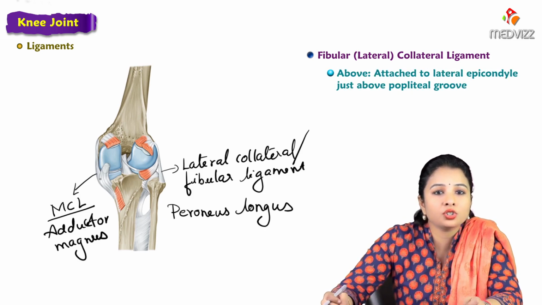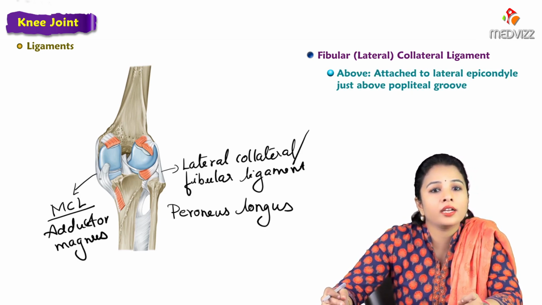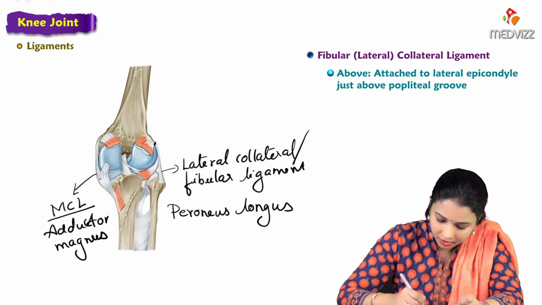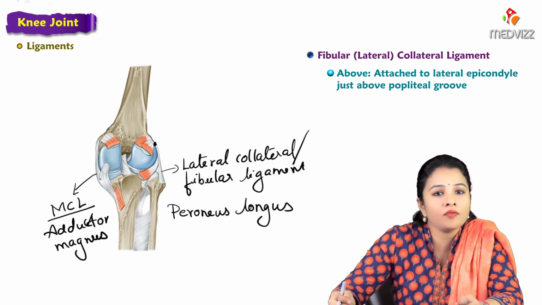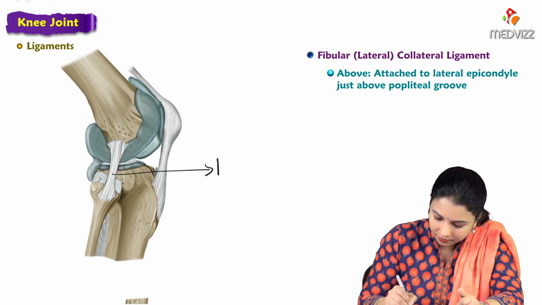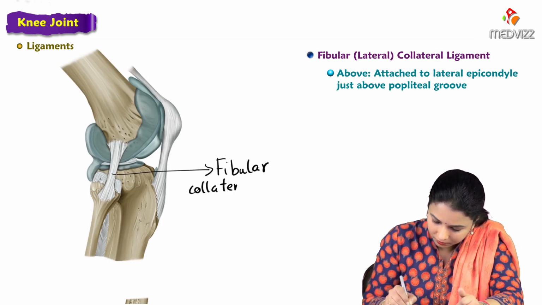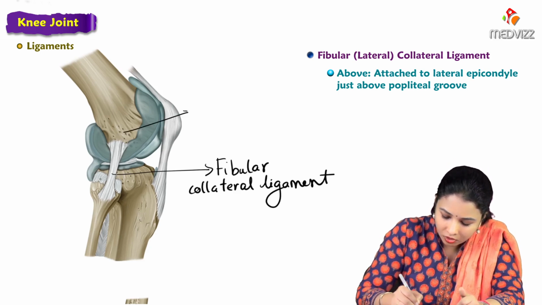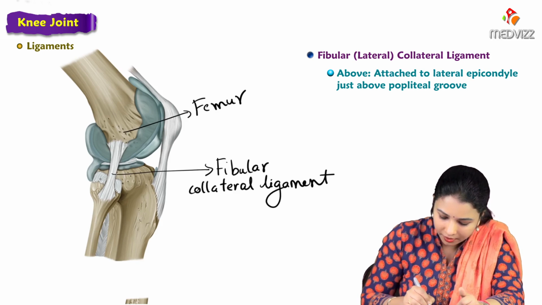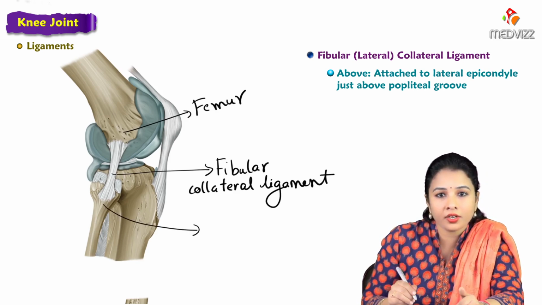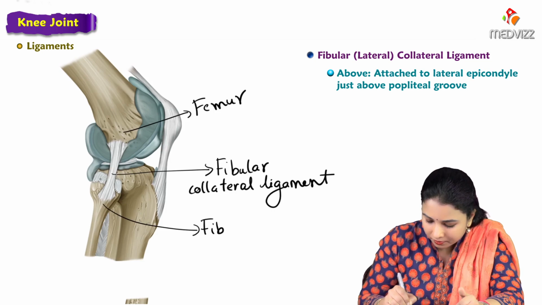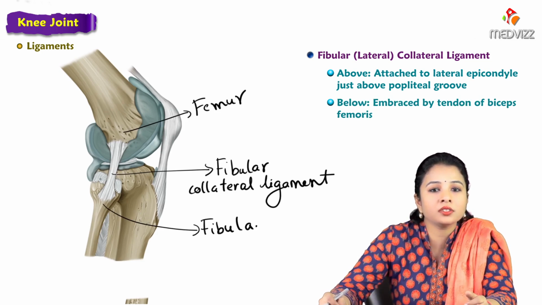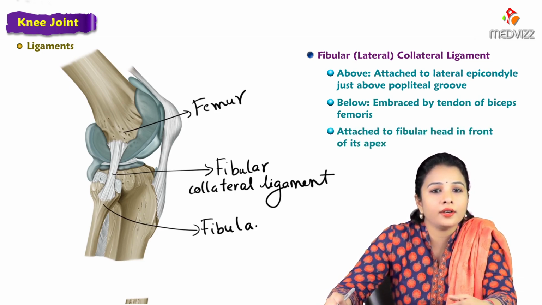Above, it is attached to the lateral epicondyle of femur, just above the popliteal groove. It attaches above to the lateral condyle of femur and below to the lateral side of the head of fibula. Below, it is embraced by the tendon of biceps femoris and attached to the head of the fibula in